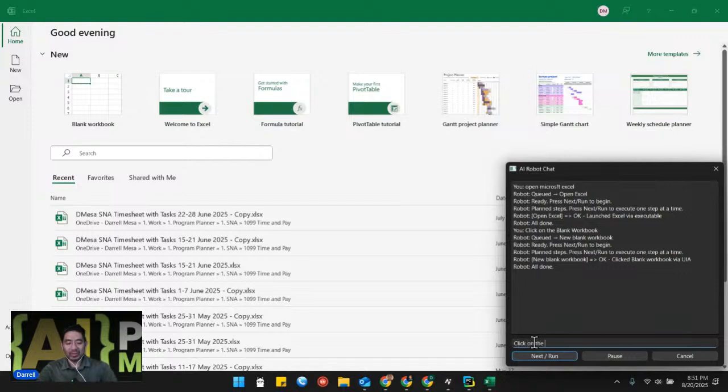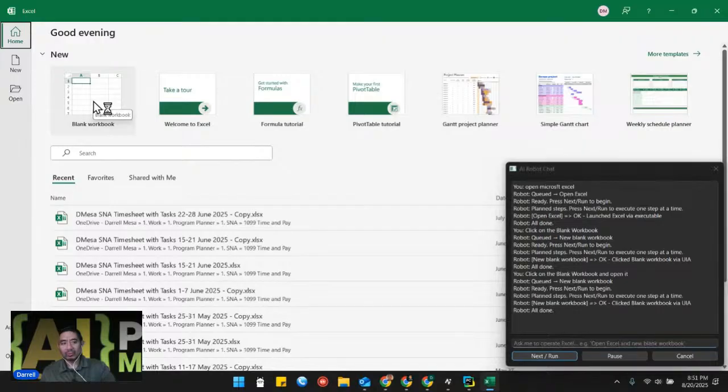Click on the blank workbook and open it. It's doing something. Okay, so GPT-5 did warn me about the UIA errors, so that's where this is coming into play as far as the impediments. So let's go back to